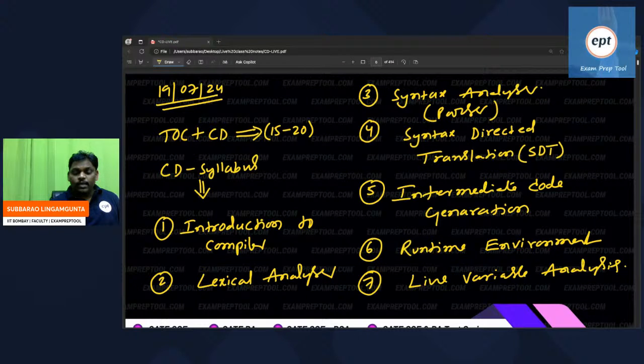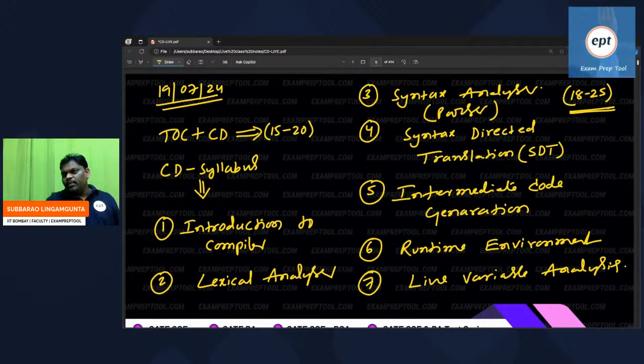Yeah. So listen carefully, you will get a lot of advantage. And one more thing, the number of classes is approximately, in my opinion, 18 to 20 classes. Let's make it 18 to 25, upper bound I am saying 25. Maybe 20, maybe 23, I don't know. This subject will be over in 18 to 25 classes.